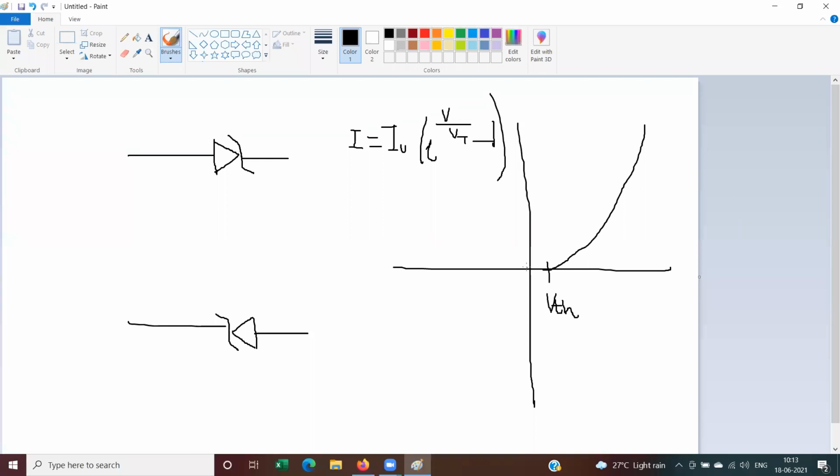The difference comes in the reverse bias. Initially, just like another PN junction diode, it doesn't conduct, but after a while, it goes into the Zener breakdown region, and in the Zener breakdown region, we could see a large change of current like this. This is I. This is V. A very large change of current for a very small change of voltage.